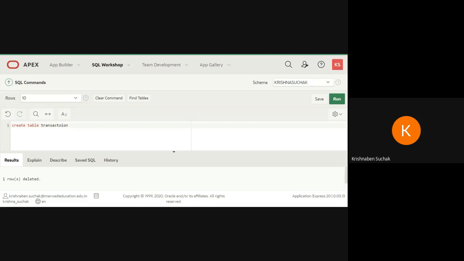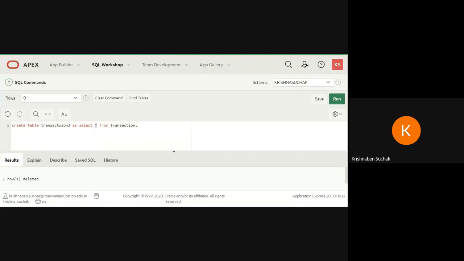So first I will teach you how to create a copy of the table. Let me say here I am writing create table transaction 3 as select star from your table name, that is transaction. See, what is this star for?